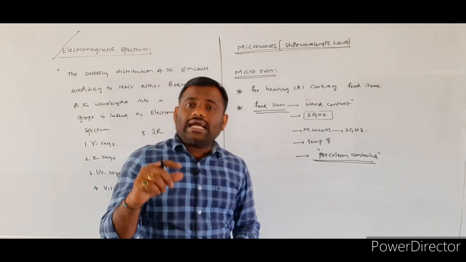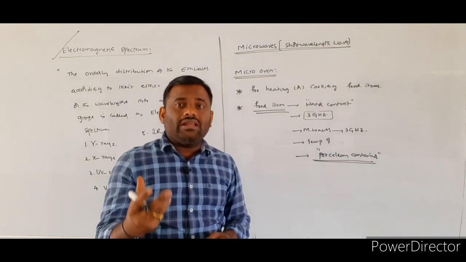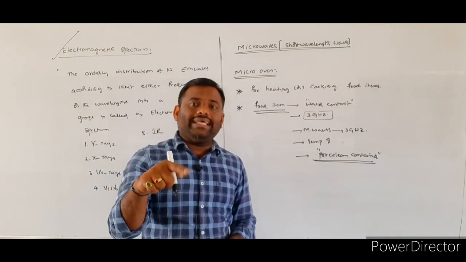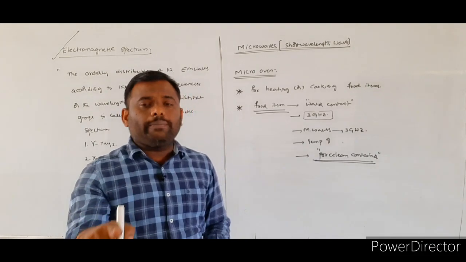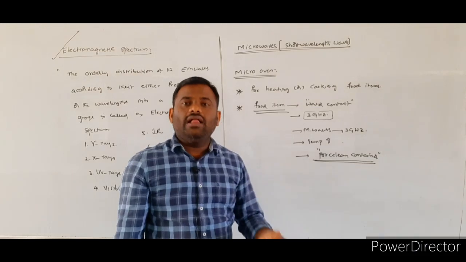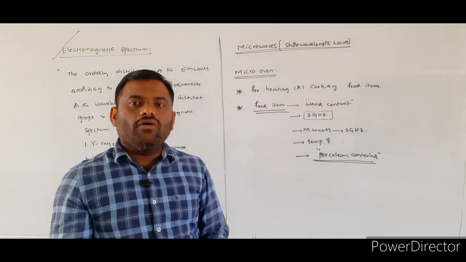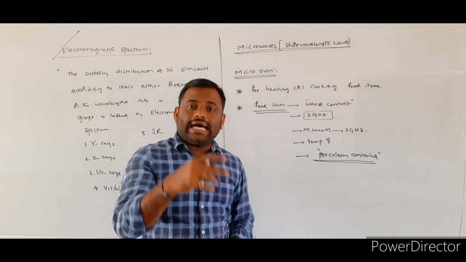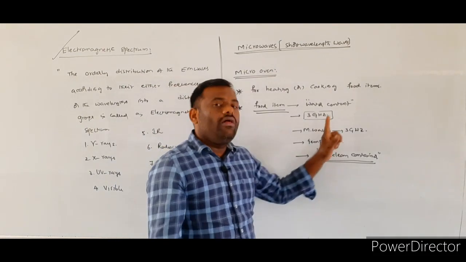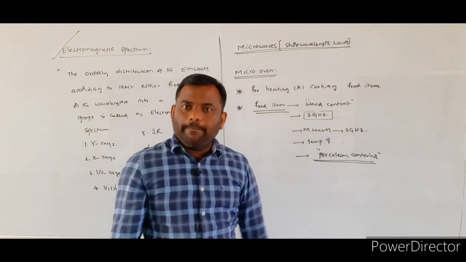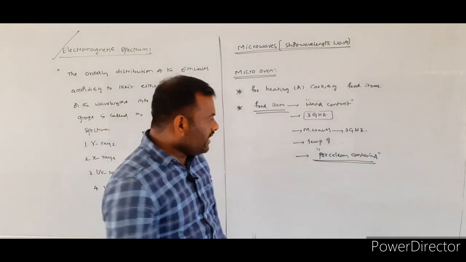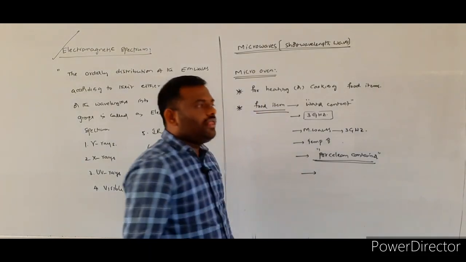In conventional cooking, first the container will be heated, and for that some energy will be utilized. Later, whatever food items are placed in that bowl will be heated. For that purpose, a lot of energy will be consumed. So to save energy, we are using the microwave. In that, whatever energy is supplied is directly absorbed by the food content only, not by the container, which is called a what? Porcelain container.